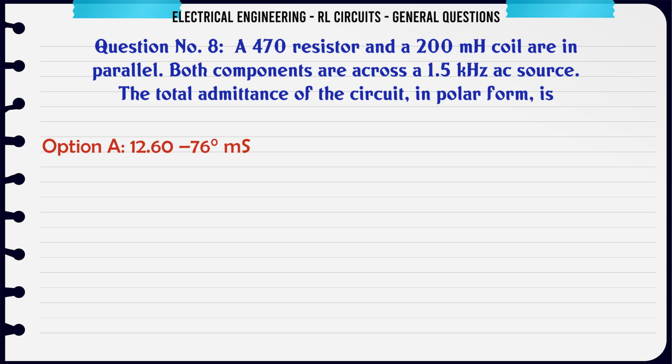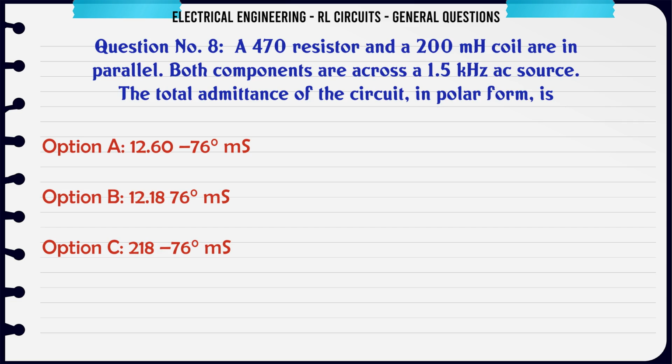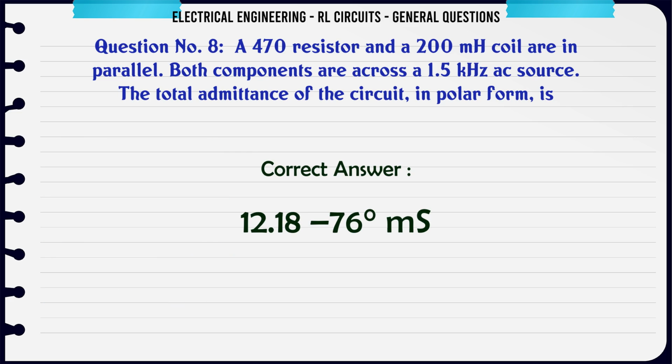A 470 resistor and a 200 mH coil are in parallel. Both components are across a 1.5 kHz AC source. The total admittance of the circuit in polar form is A. 12.6076 mS, B. 12.1876 mS, C. 218.76 mS, D. 12.1876 mS. The correct answer is